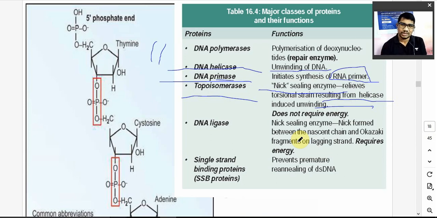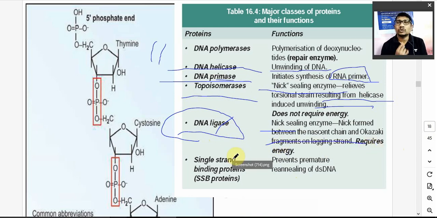Because this is the basis of understanding the mechanism of action, right? Now next enzyme in the DNA replication is the DNA ligase. Ligase मतलब क्या, ligase means to tie something. So DNA ligase मतलब ये join करेगा, है ना. So it is a nick sealing enzyme, nick formed between nascent chain of Okazaki fragments on the lagging strand requires sealing. Okay. So in the double stranded DNA, one strand is known as a template strand, and one strand is known as